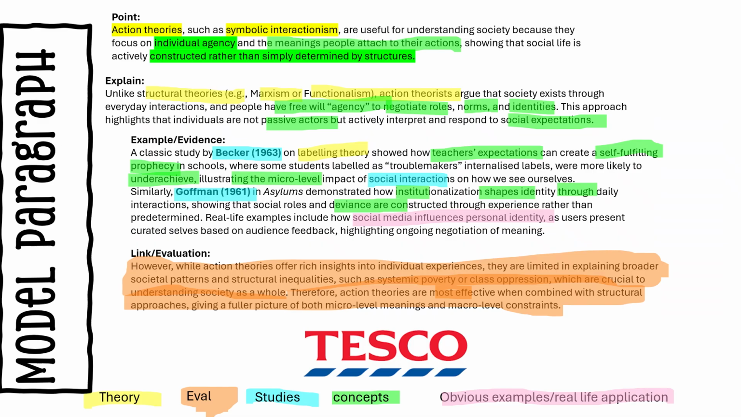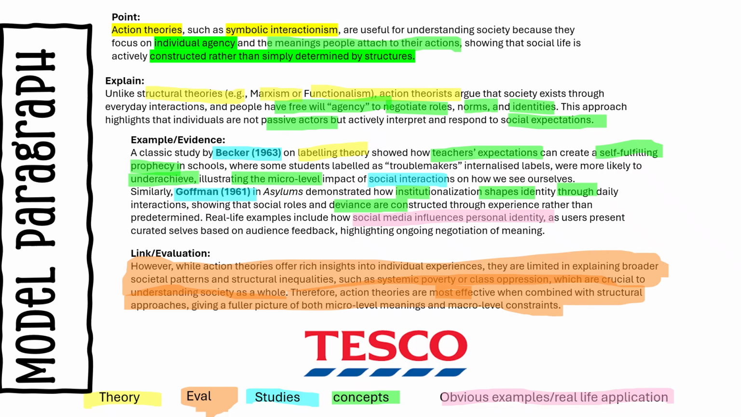Okay, here is another example of a model paragraph. This time we're looking at action theory. Again, you can use this, you can screenshot it. I've gone shopping in Tesco again. I've got theoretical links. I've got evaluation that's explicit. I've got at least 2 studies, lots and lots of concepts, so it's conceptually detailed, and obvious examples to back